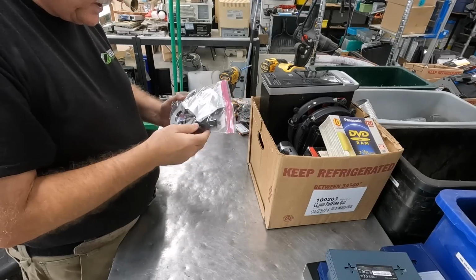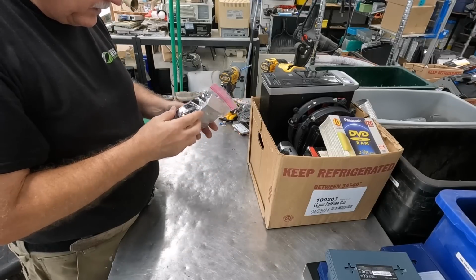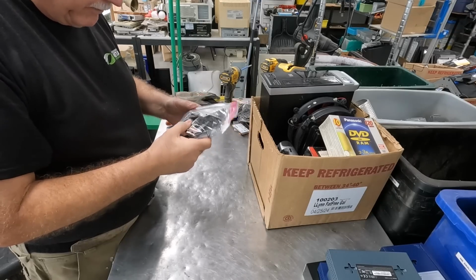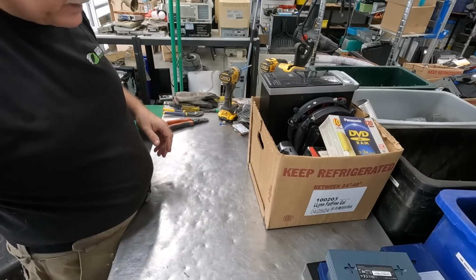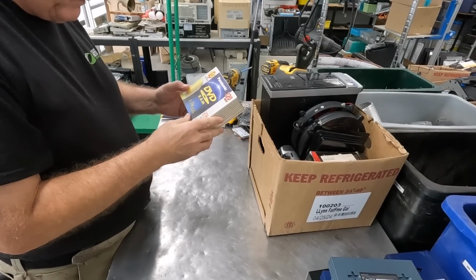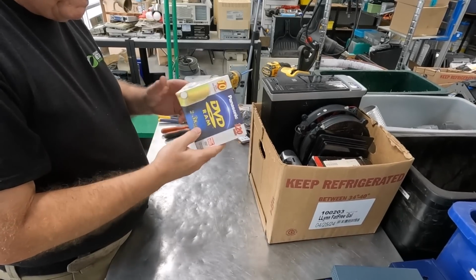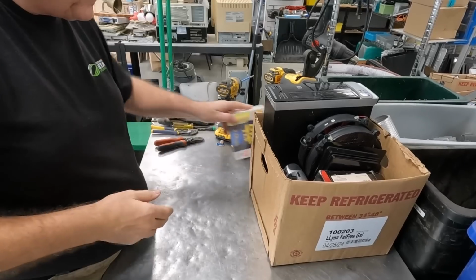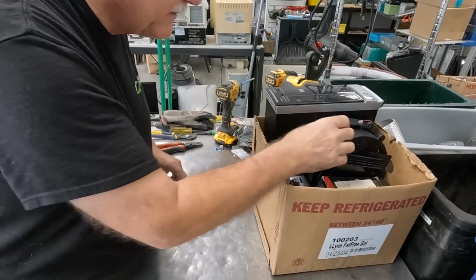And here we have a CD-ROM kit. Looks like somebody took some of the guts out of a PC and chucked it all in one bag here, and not much for me to do with that. DVD RAM. I actually saw a place that still sells DVD RAM. We'll see if there's any market value for that on